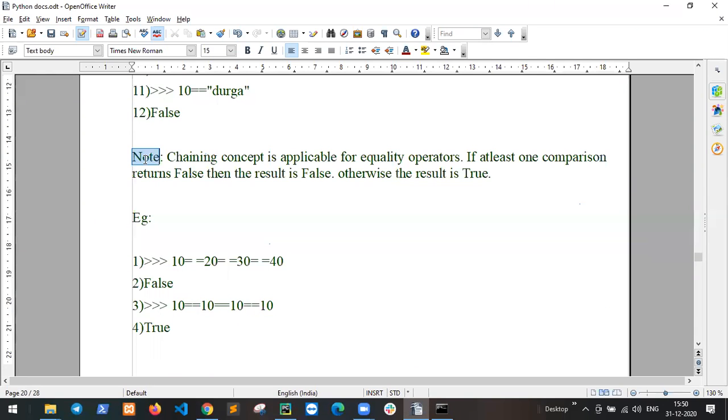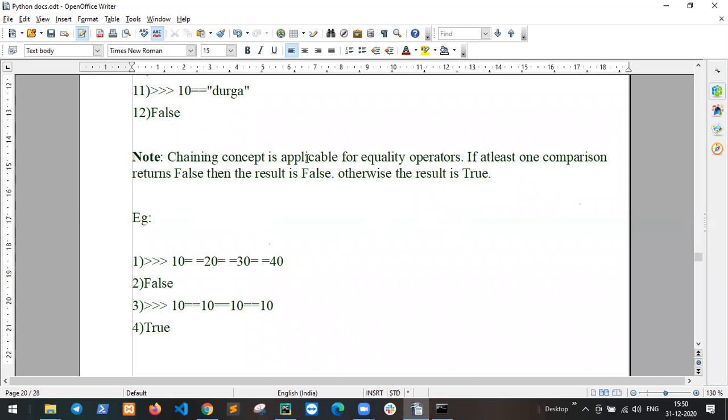Note the chaining rules. The chaining concept is applicable for equality operators. If at least one comparison returns false, then the result is false. Otherwise, the result is true. Understand?